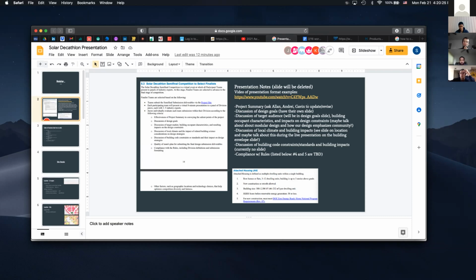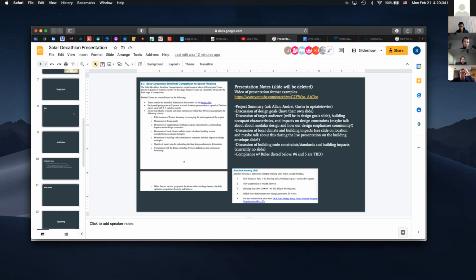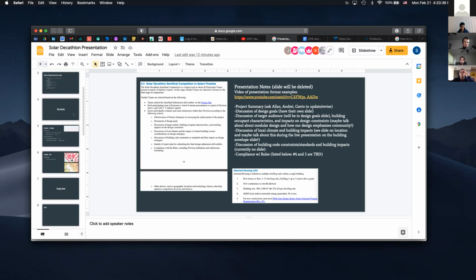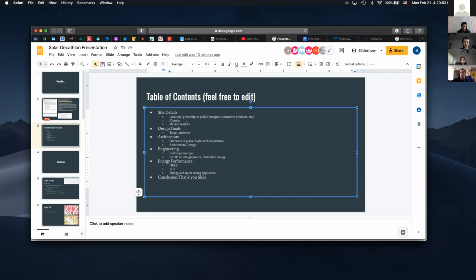So we're going to be putting our stuff here. Yeah, this is the presentation. This is the outline that we had started with. Obviously this slide, slide 2, won't be included, and then slide 3. If we want to make the table of contents a little more aesthetic, the sub bullets, the smaller bullets, were stuff that we had written out